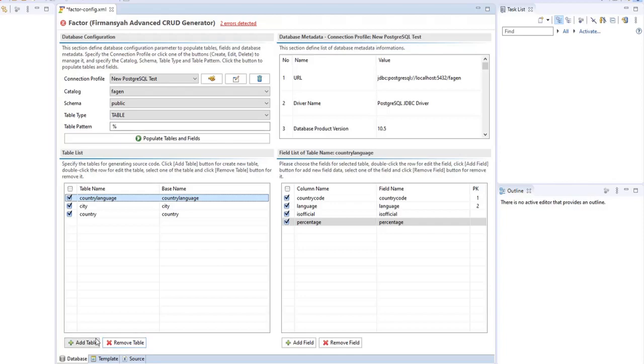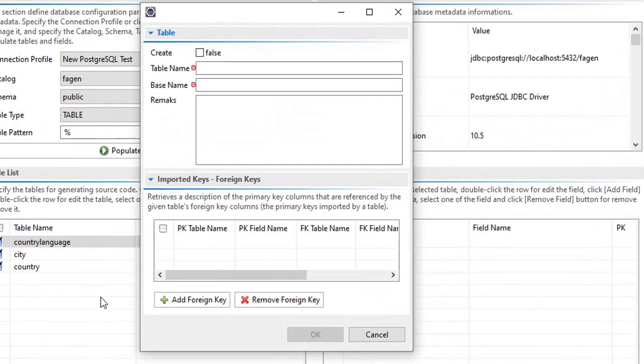If you click the add table button, you will create another table. So you can put the table name or base name or remarks as you want, and then we can relate it to another table with the foreign key or the primary key.